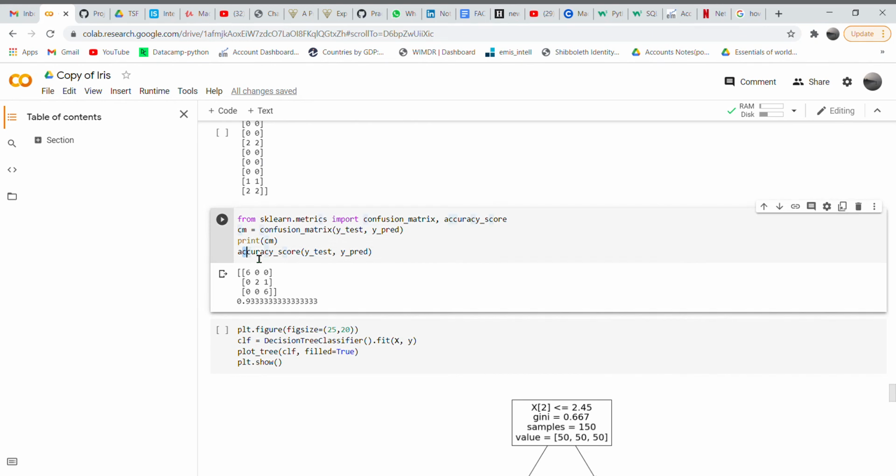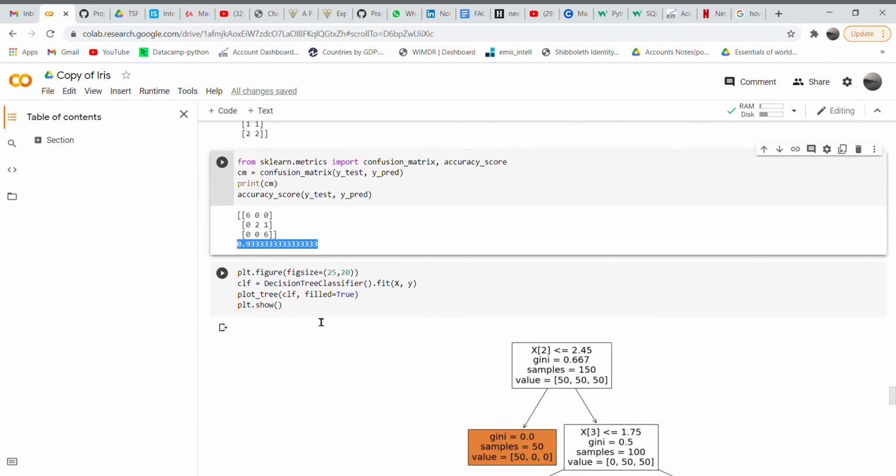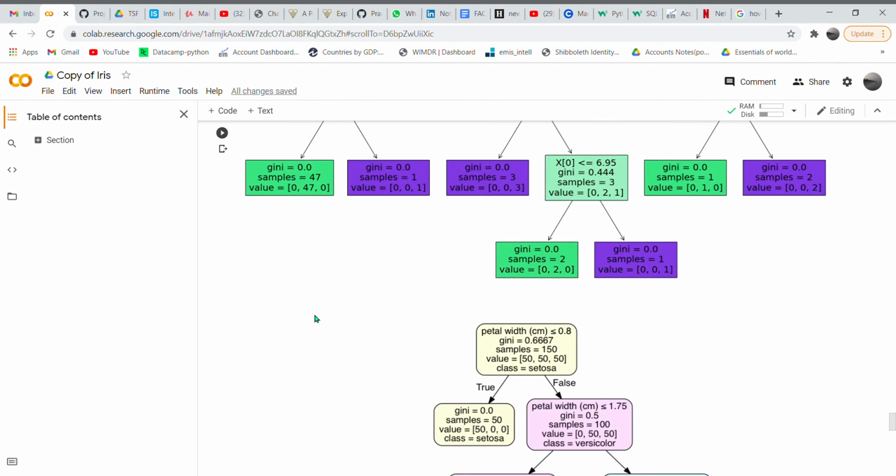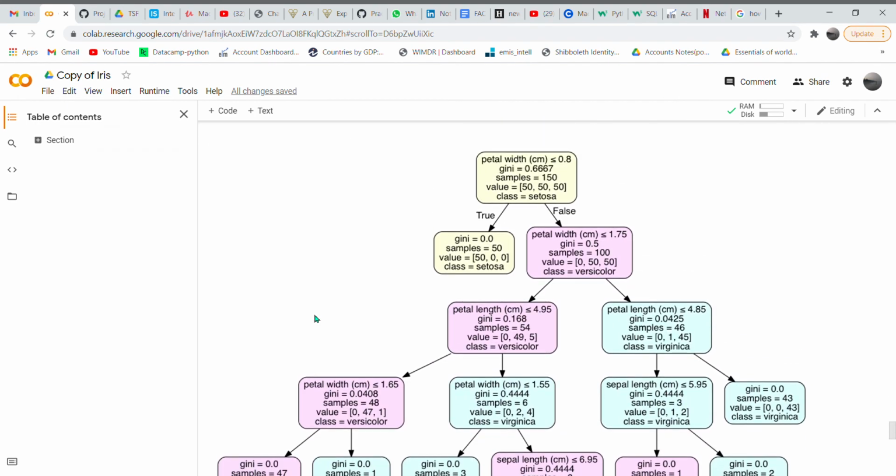From this, accuracy scores can be retrieved. My accuracy, the model fit, is 93.33%. And let's try to visualize this whole decision tree in a tree manner. First, the algorithm enters with the variable of petal width. If it's less than 0.8, the